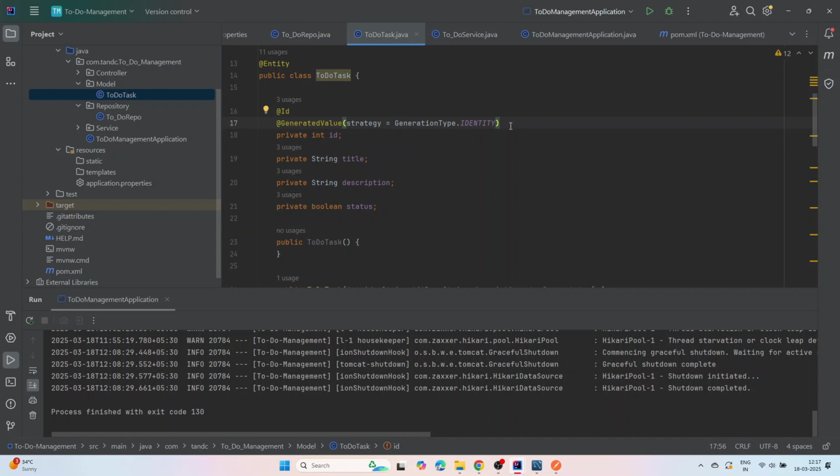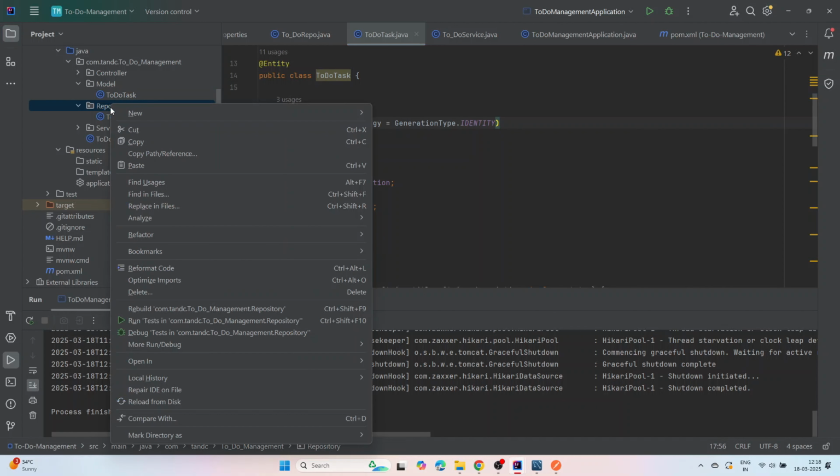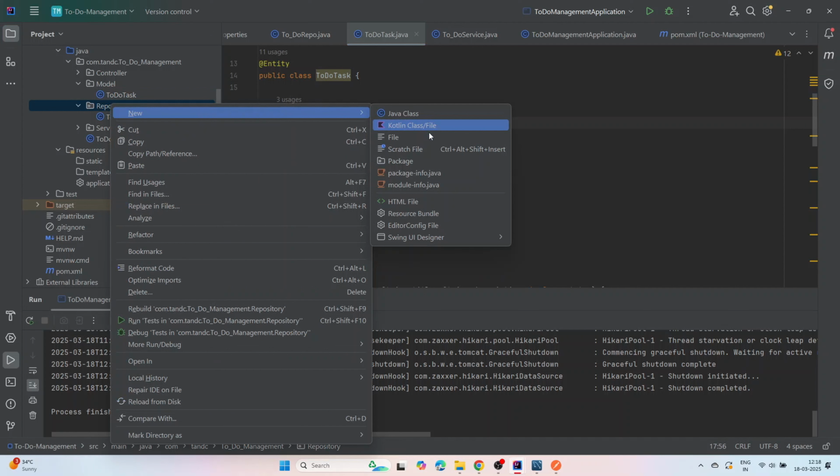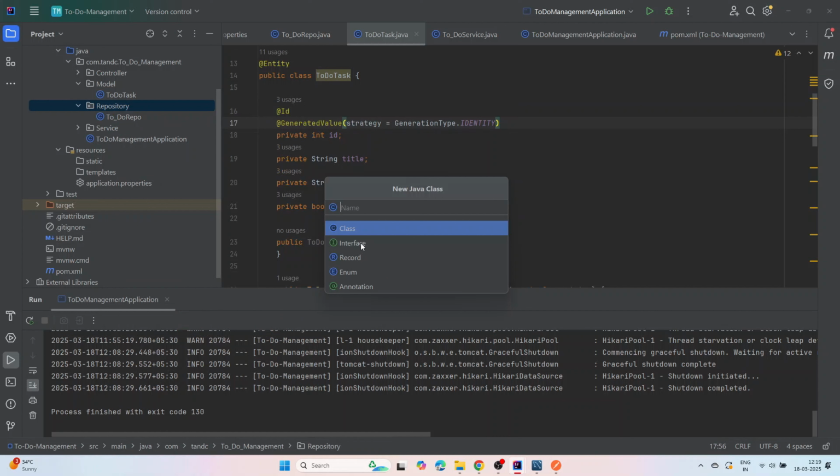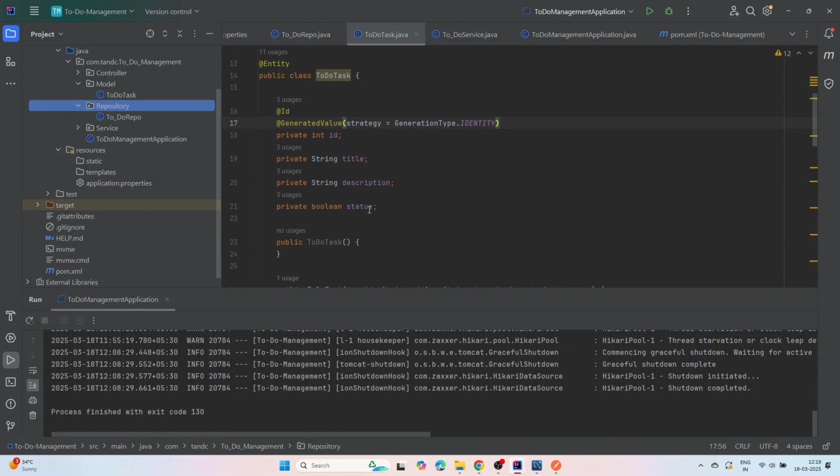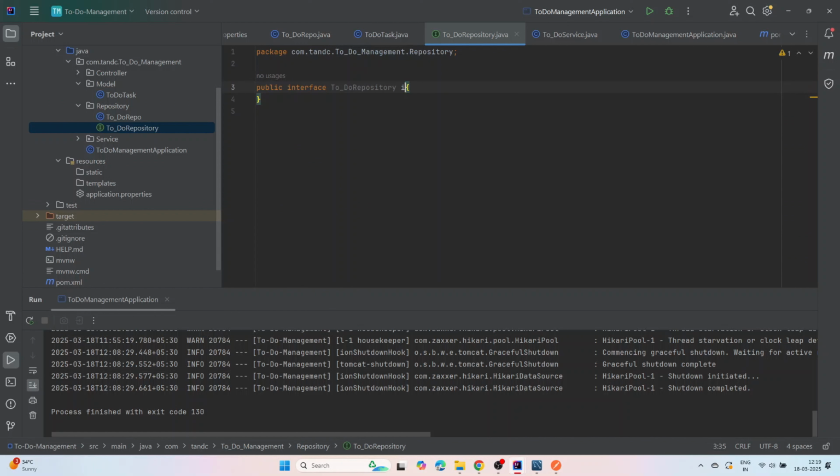So now let's go and add an interface to the repository layer. For that, let's search for interface. I think here it is, not there. We need to go to Java class and here we need to select interface, and here I am naming the interface as ToDoRepository. And this will extend